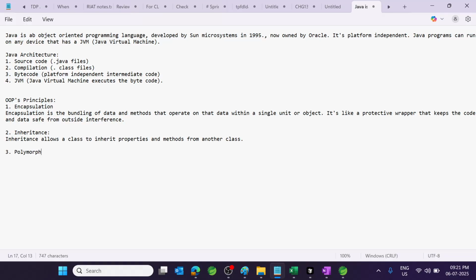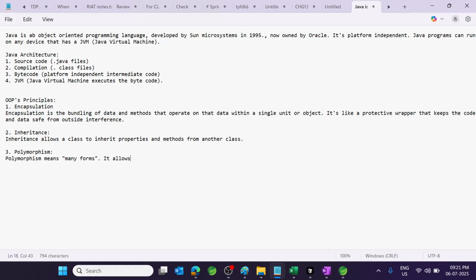Next one is polymorphism. Polymorphism means, in a single English word, many forms.